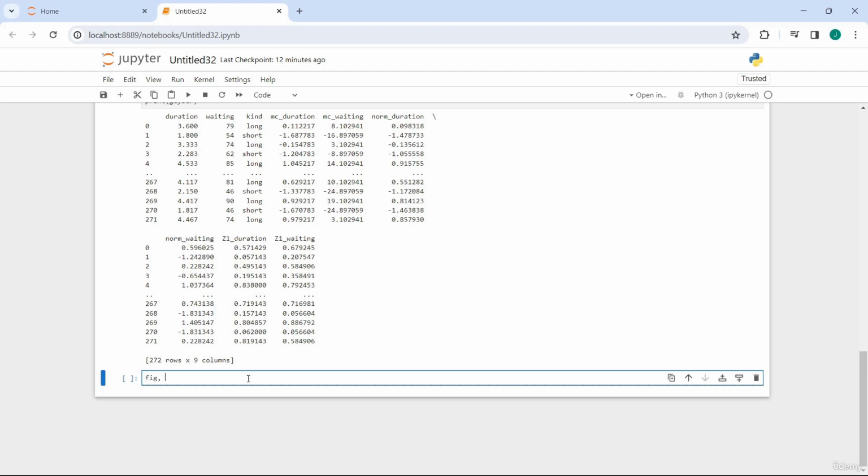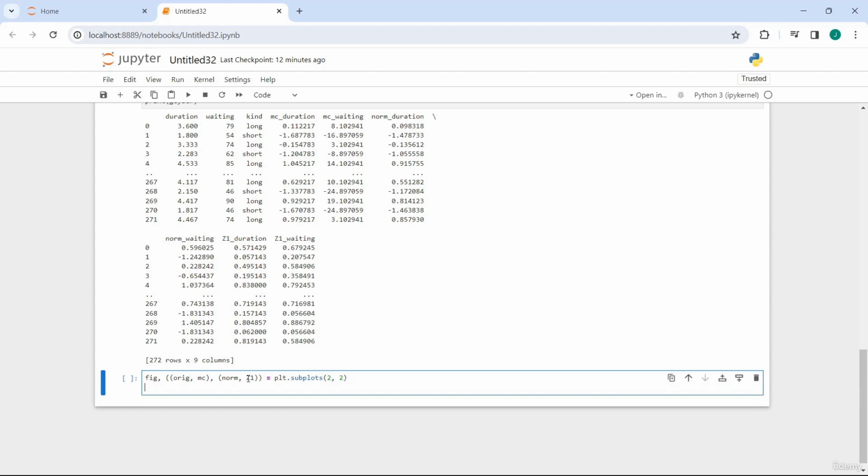So we type fig, original, MC, norm, term, theta 1 equals plots, subplots, like this. And we type geyser,